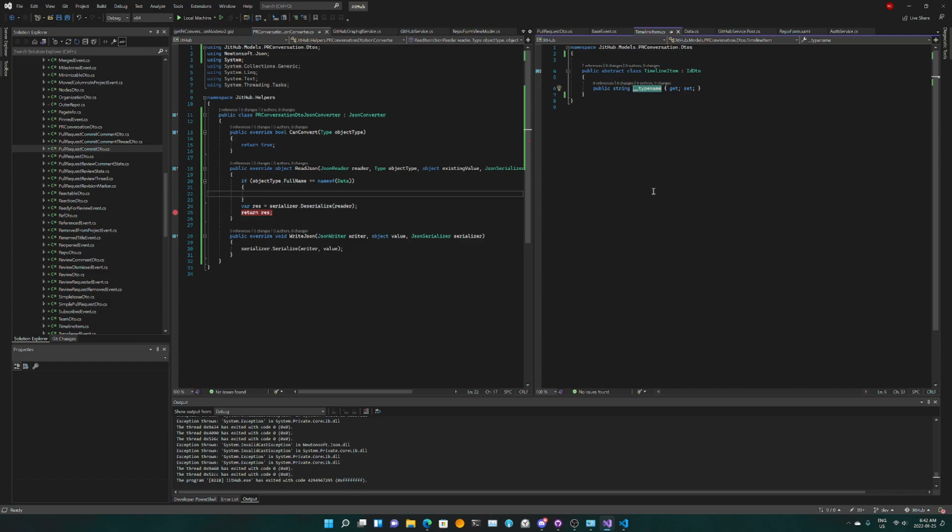With the type name, I can just match the type name with each type, and with each type, I'll try to deserialize with the corresponding C# class, so I can deserialize it into the class.